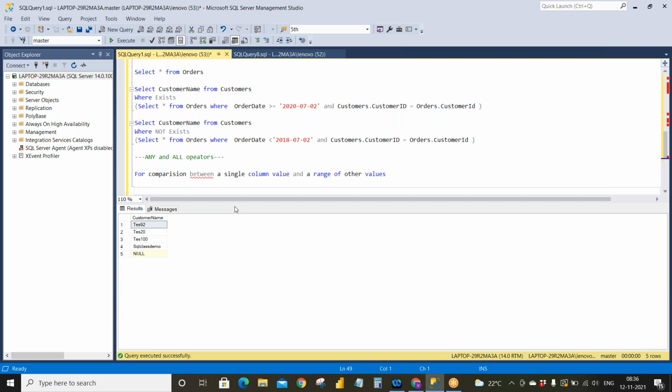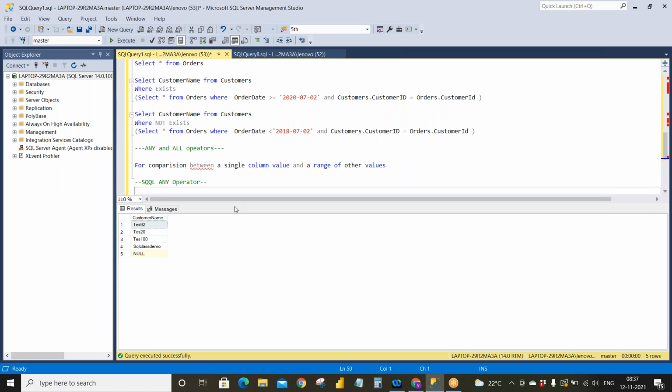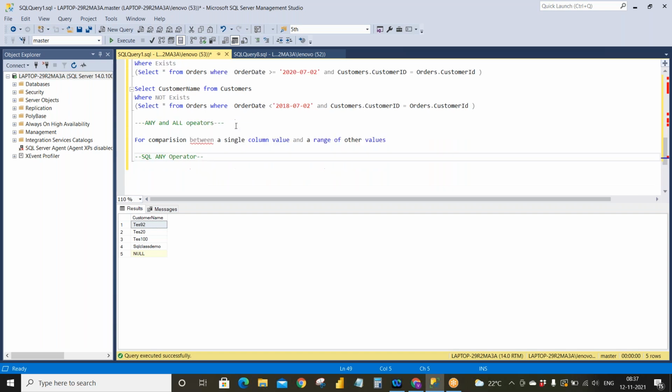So we will see the any operator first. When you use any operator, the result is always Boolean. Do you know what is Boolean? Boolean means either 1 or 0.